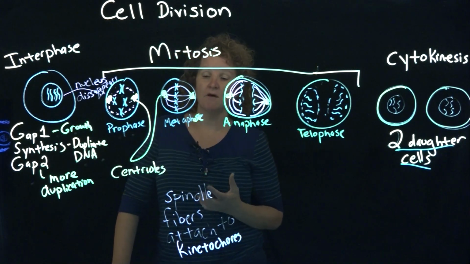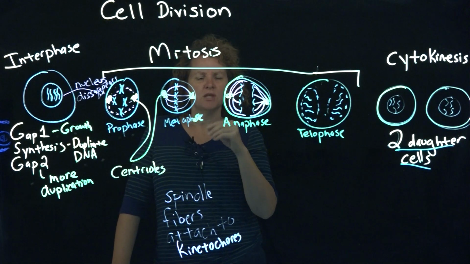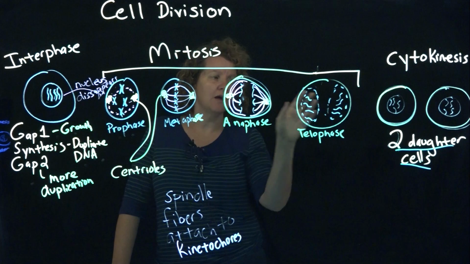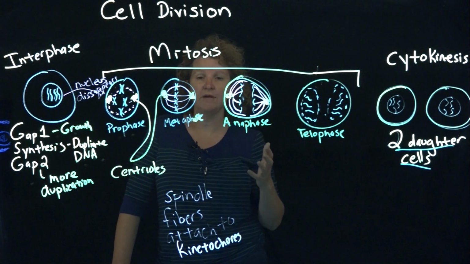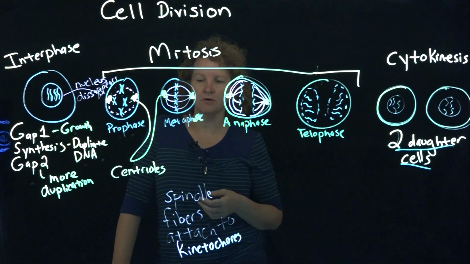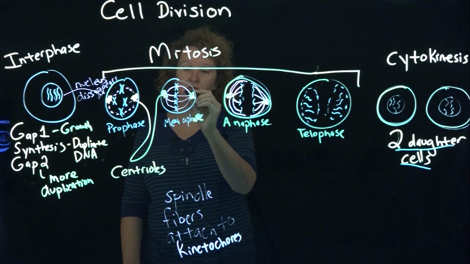If you don't have that done properly, and we see this a lot in cancer cells where the cell division is not really following the checkpoints and maybe is too rapid, you actually can get cells that have too many or too few chromosomes. It's called hyper or hypodiploidy, and those are patterns that we can find in certain cancers, and sometimes we even use those to predict treatments and outcomes, depending on whether they have too many or too few chromosomes.